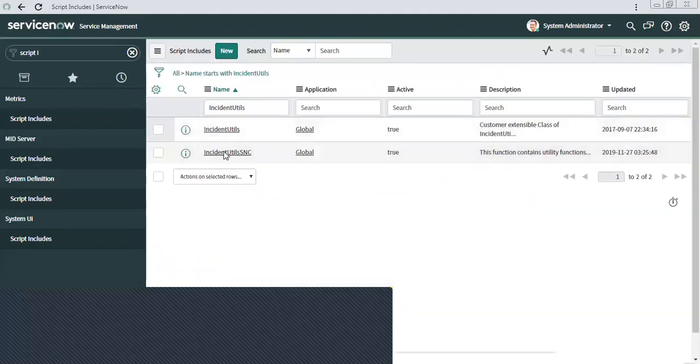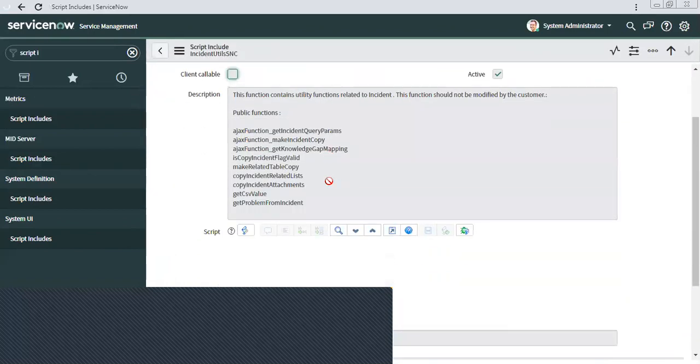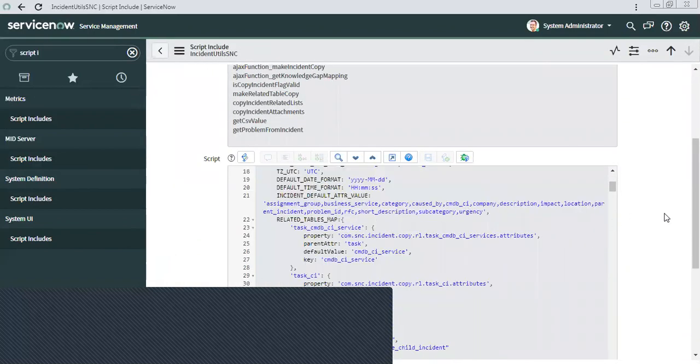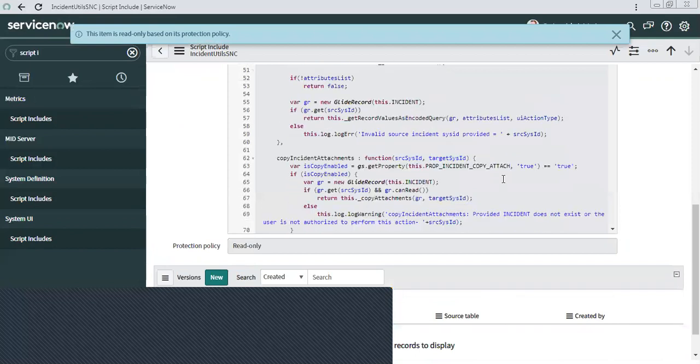Sometimes in out of box code you will find a lot of inheriting things.